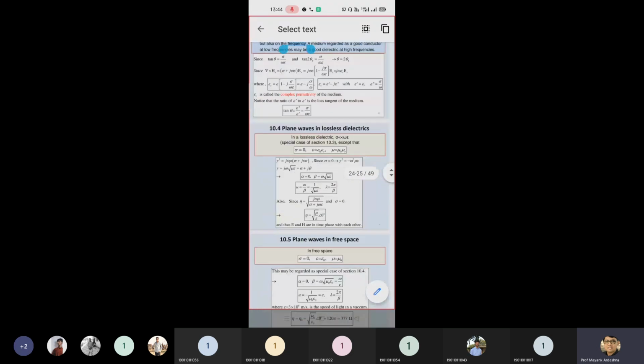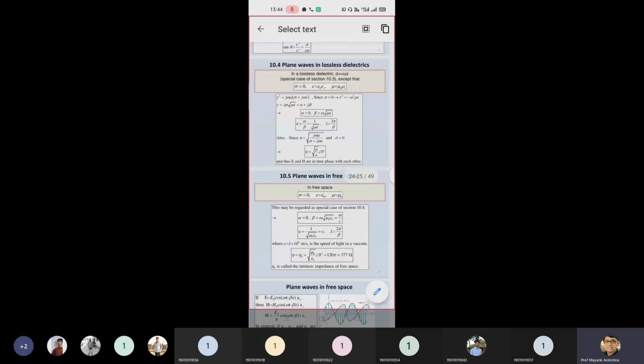In the same way, we also find out for plane waves in a lossless dielectric, where lossless by default indicates the conductivity is zero and there is no loss in the system. So if I put sigma equal to zero, then gamma square is replaced with minus omega square mu epsilon, and your intrinsic impedance is also replaced with the square root of mu upon epsilon. Okay. See, nothing is changed in terms of the intrinsic impedance, eta, only the representation is slightly different. In this case, you can say eta is equal to the square root of mu upon epsilon.